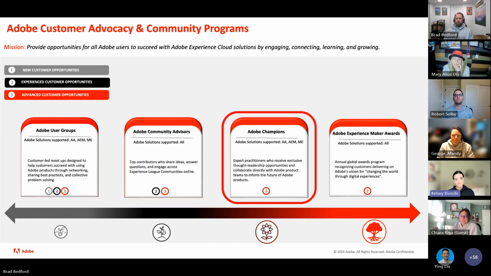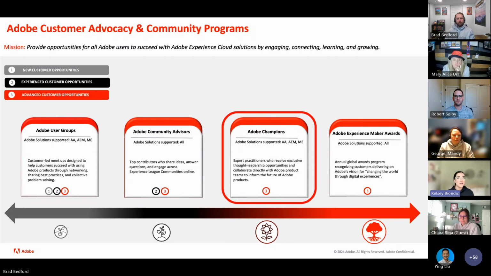We also have a community advisor program on our Experience League communities online and also Marketing Nation. And the advisor program, and I know many of our champs are also advisors, is really a way to recognize top contributors online. So our advisors are those moderators that are very altruistic.